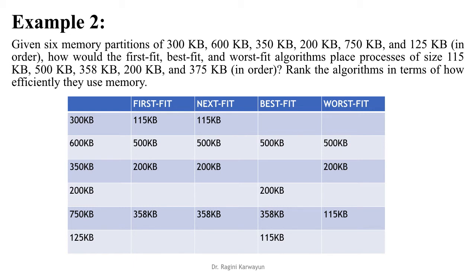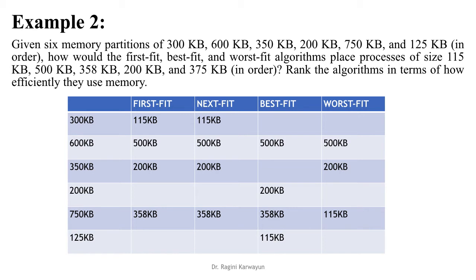For example, in the second partition, 600 KB is the size and a 500 KB process is allocated this partition, so 100 KB is internal fragmentation. In the third partition, 50 KB, 150 KB is internal fragmentation. So like this, the memory that is being wasted inside a partition is internal, and external fragmentation is when there is a free partition, but it is not big enough to accommodate a particular hole, so that is external fragmentation.